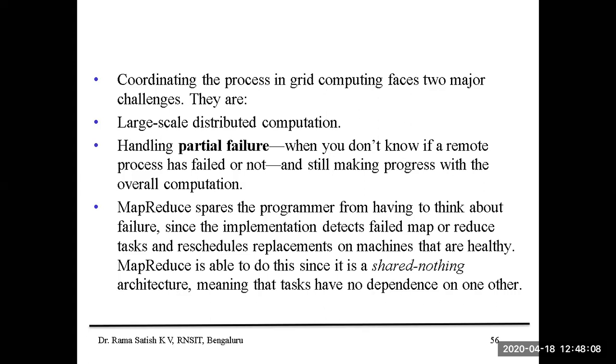In MapReduce, we have two components here: the data node and the master node. The master node we call the name node. The name node always checks the health of the data node. If the health of the data node is not proper, it automatically diverts the tasks to some other node. Automatically the replication is there.